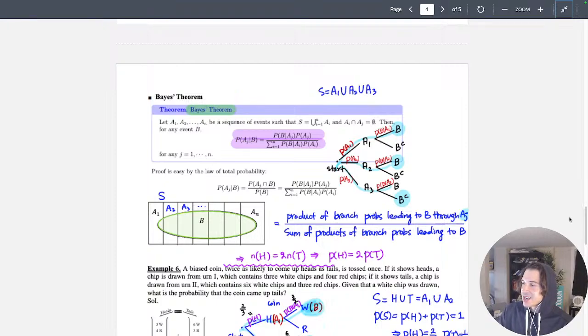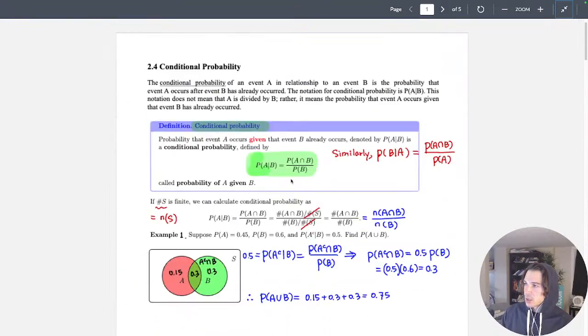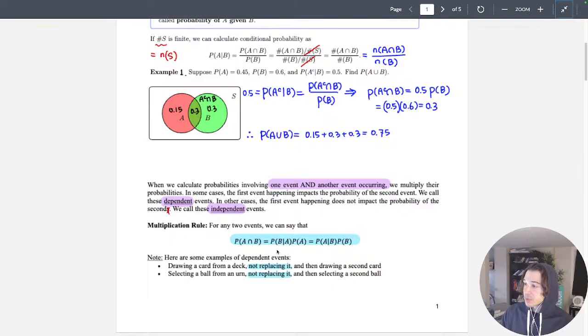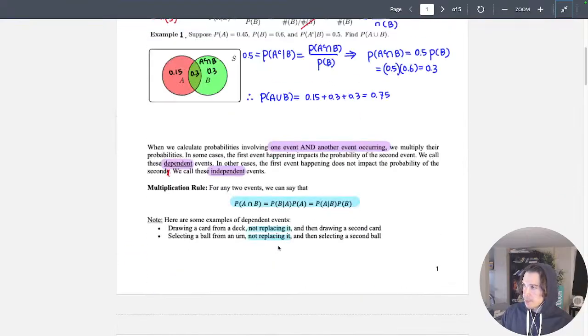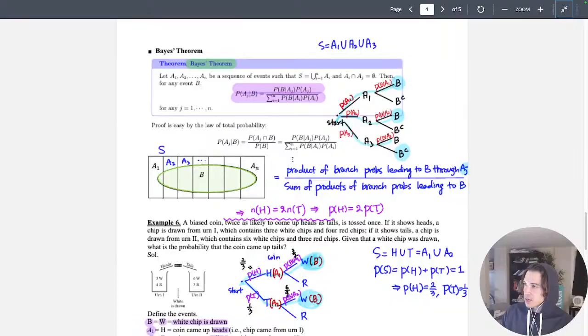Just read this. The probability of AJ given B equals the probability of B given AJ times the probability of AJ, right? So this is that same operation we were thinking about earlier when we were talking about the multiplication rule. The probability of A intersect B equals the probability of B given A times the probability of A. But now that is our numerator, and our denominator is the sum from I equals 1 to n of the probability of B given AI times